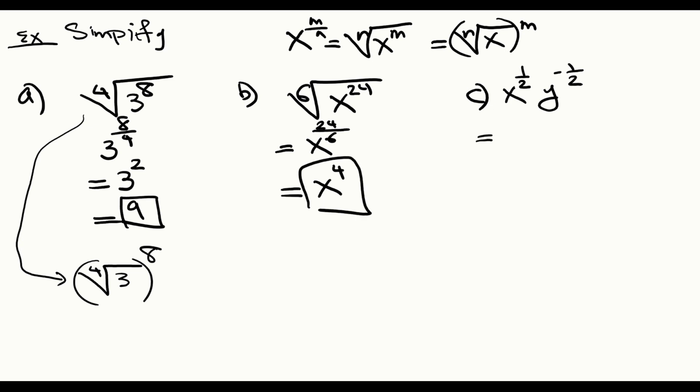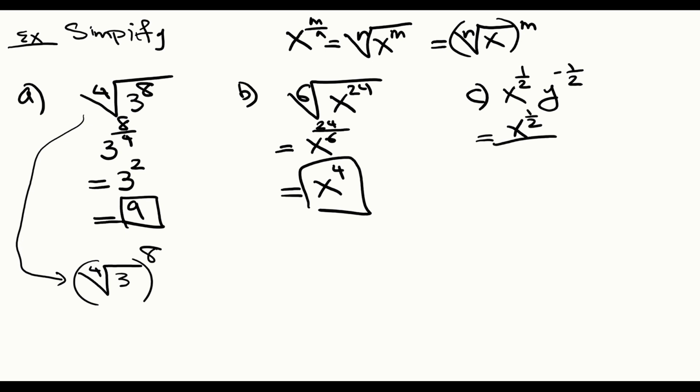In this next one, you may look at it and say, that's pretty simple, isn't it? There's not a whole lot that can be done, maybe perhaps putting it into radical form. But notice that there's a negative exponent. An expression is not considered simplified as long as there's a negative power in it. So we're going to go ahead and keep the x to the 1/2 on